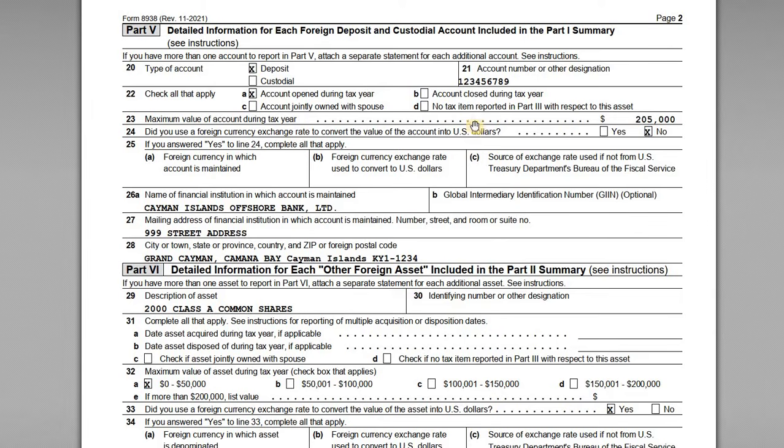Now, if you have no tax items that are being reported with respect to the asset, you can check this box here. That's not the case for us, right? Because remember, this is a savings account that he has that he earned about $1,200 in interest, so he's going to have to be reporting that interest income on his tax return. So we leave that box unchecked. $205,000 is the maximum value of the account,